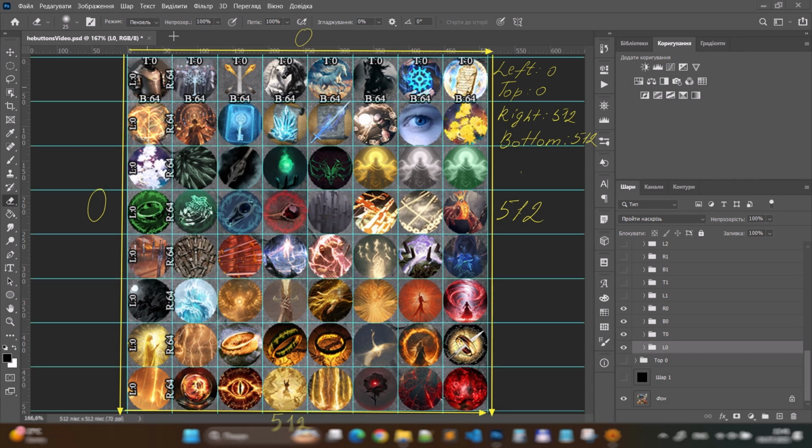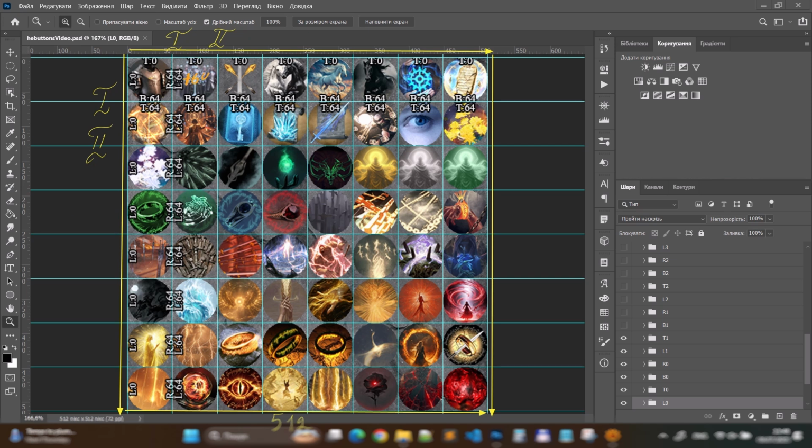So every image in this row, let's mark it 1, has to be translated as left 64. And everything in this row has coordinate top 64. As you might notice, the end of one image, right and bottom coordinates, are the beginning for left and top coordinates of the next image. So every left side after the first row always equals the previous right side, and every top after the first row equals the previous bottom. 64 plus 64 gives 128, so every image in the second row is 128 for left and